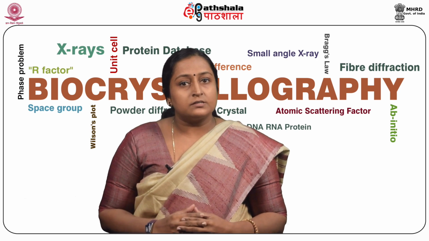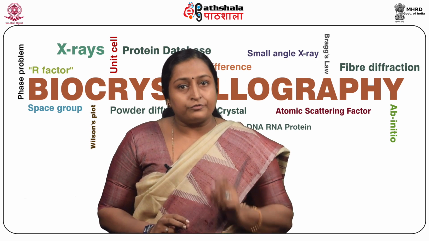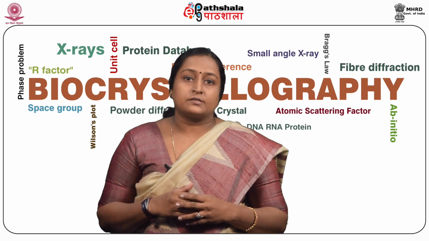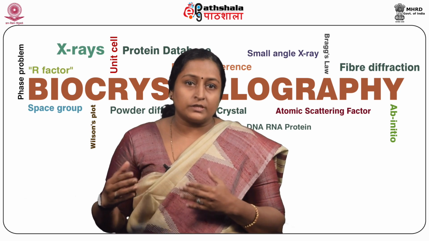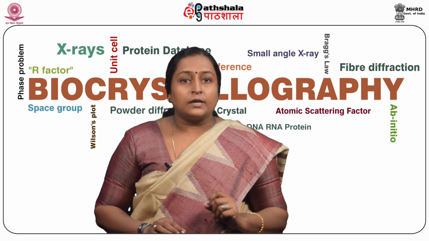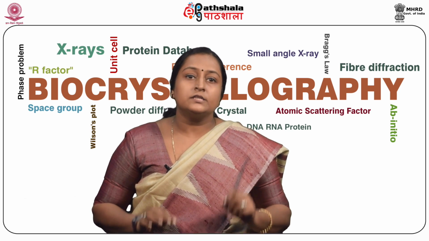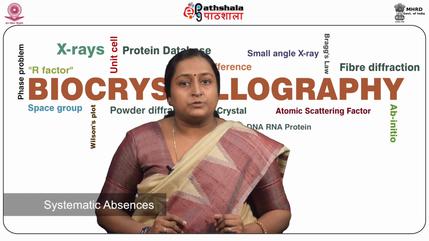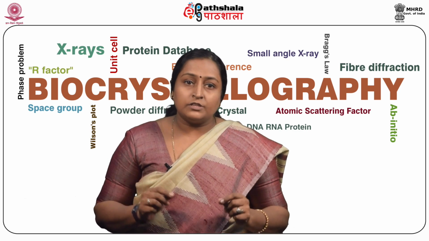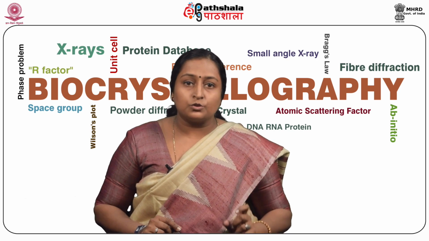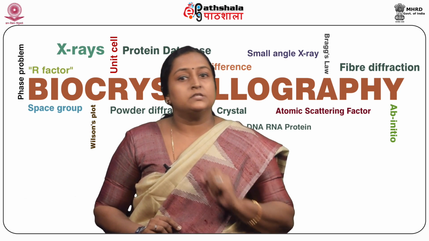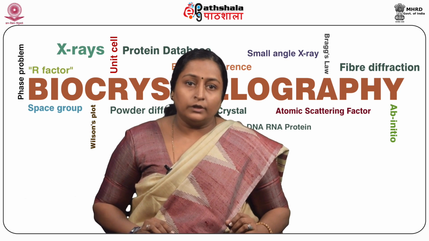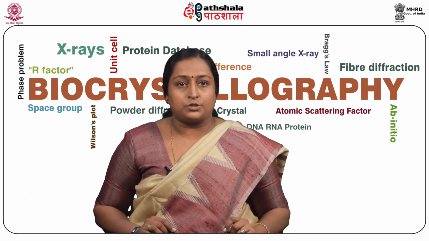Systematic absences means there is a certain set of reflections that are absent due to the presence of certain symmetry operations. For example, in the case of a P2-1 space group, for reflections of the type 0k0 where k is odd, the intensity of the reflection will be 0. But during violation of systematic absences, the reflections that should have intensities of 0 for the determined space group will have very small, negligible intensity values. While running the program, if such reflections are included, the program will automatically reject those reflections.